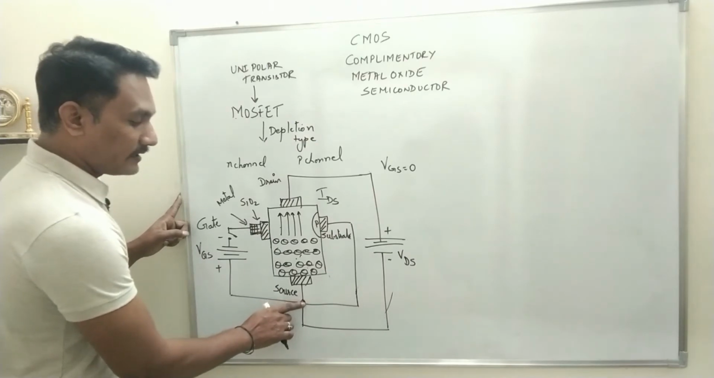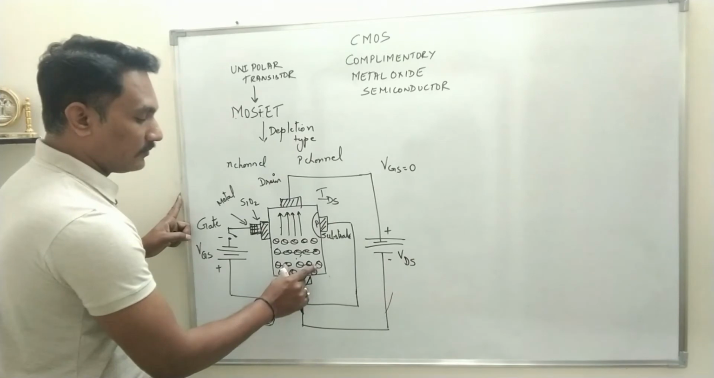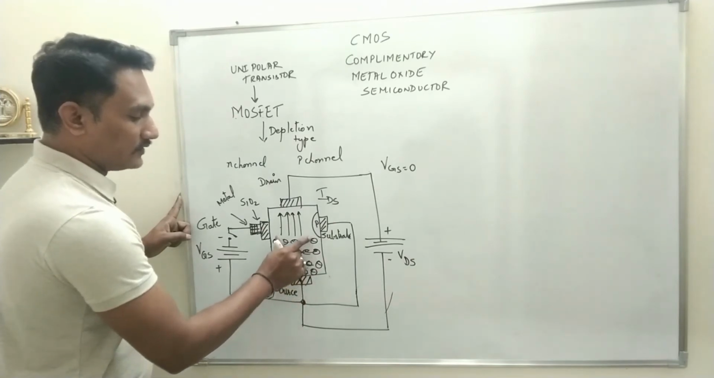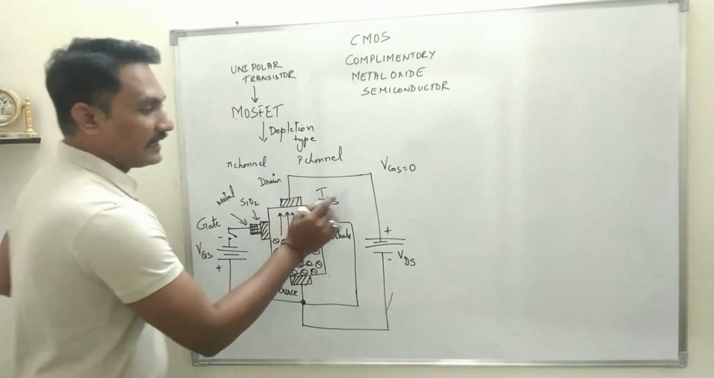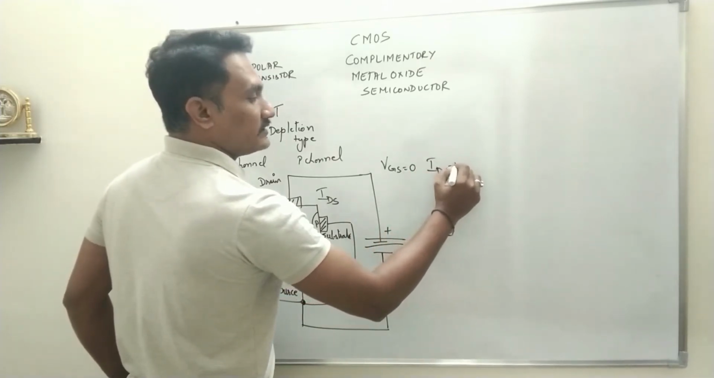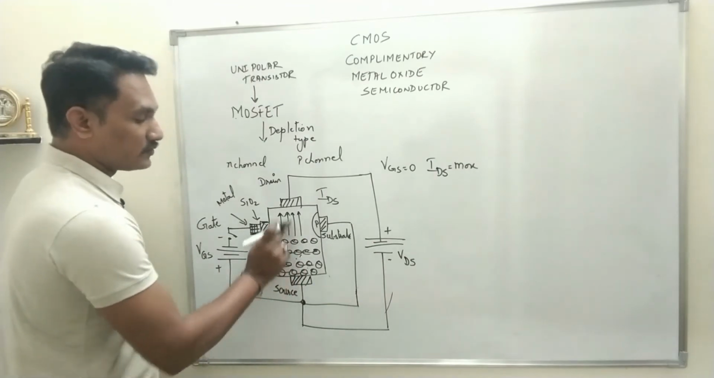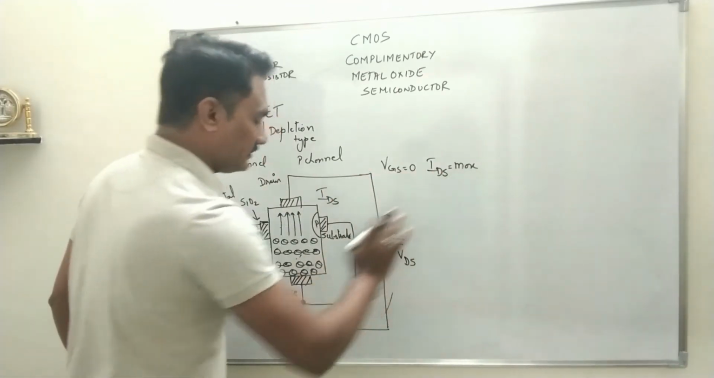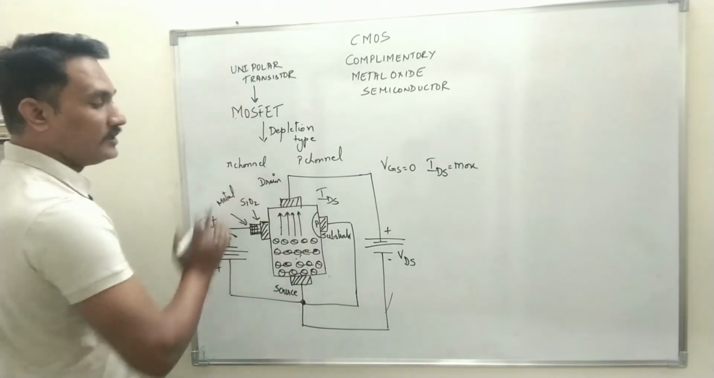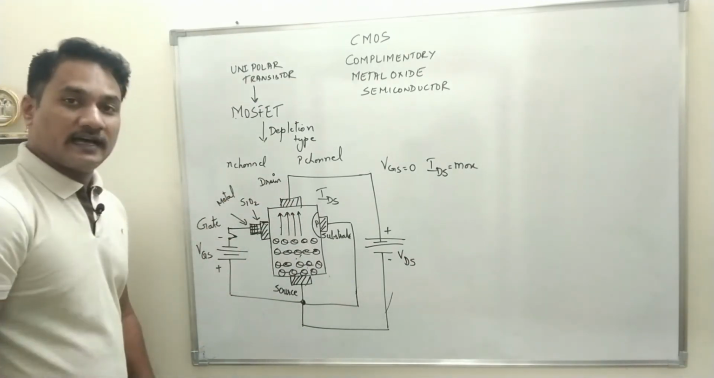At this point, because of VDS, all these electrons will move towards drain, that means IDS will be maximum. There is no external potential. So there is no opposition to these electrons which are moving from source to drain, so IDS will be maximum. The electrons will move from source to drain. Now as soon as I connect this